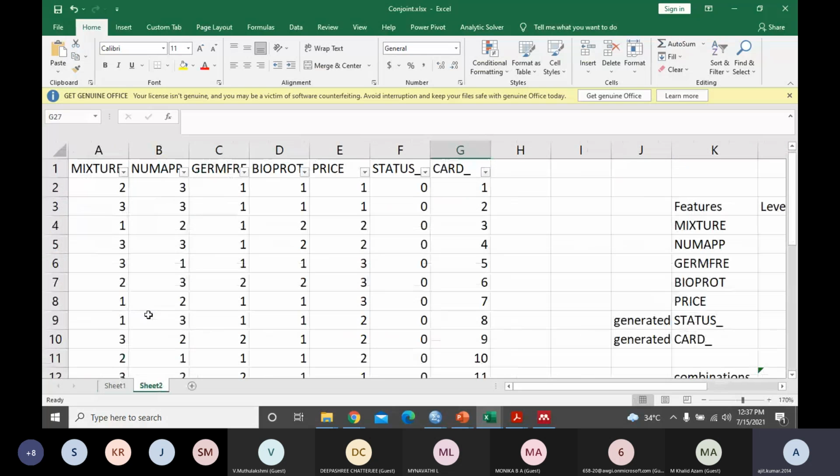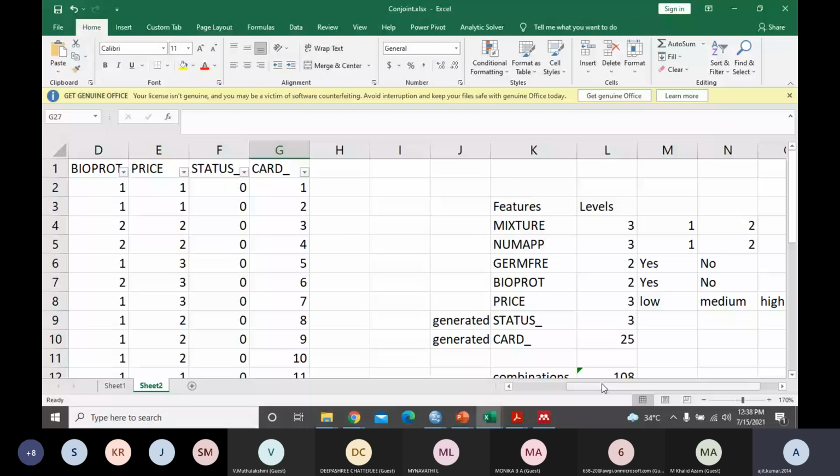So what we need to be careful about is that whenever we think of any new research for any product or service or any other system, we need to understand what features are going to be the key components. For this, we also require certain domain knowledge. If I talk about this cleansing agent, it becomes a little difficult to understand now. But if I take an example of a smartphone, it's very easy, because we all know what the key components a smartphone will have: maybe the OS, the brand, technology, maybe the touch screen or not, maybe the price. Four or 5 features we'll consider, and then what the different levels are.